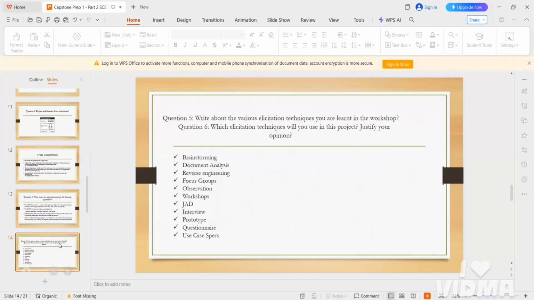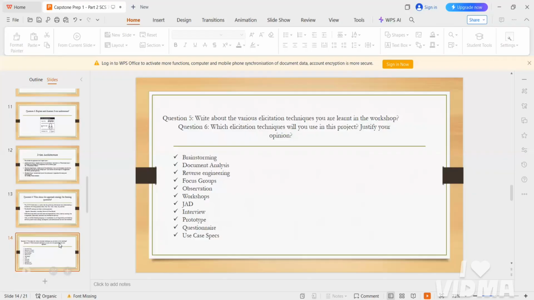And the fifth question is about illustration techniques. You need to write down what the illustration techniques are for the requirement gathering phase. So you need to write down what the illustration technique is. It is nothing but the techniques we will be using in the requirement gathering phase for gathering the requirements needed for the business.